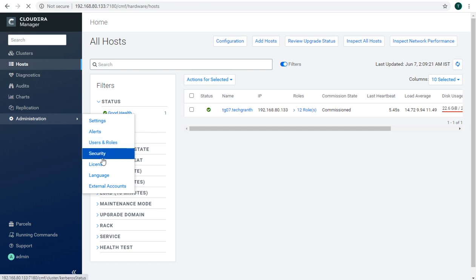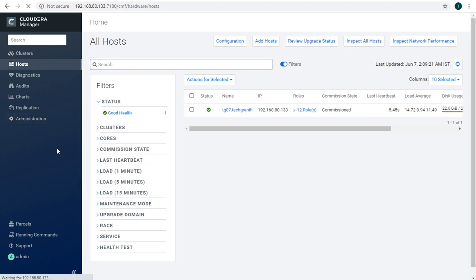In administration, we have settings, alerts, user and roles management, security, license, language, and external accounts. As I would say, all the options are available, same as in the earlier version of Cloudera Manager. So that was all about installation of the POC cluster or trial version with the CDP version.